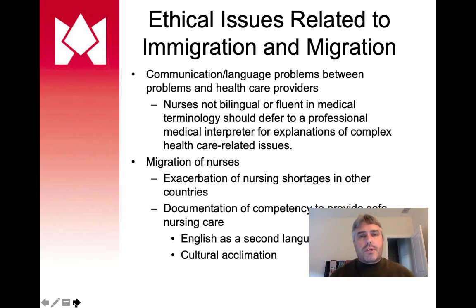Point here being this: maybe you've taken 7 years of Spanish, so you have a decent working knowledge of Spanish and communication, but there may be parts of taking that language where you haven't talked about medical terminology in another language where you can confidently and competently discuss procedures with your patients. In those cases, you really should have a professional medical interpreter to talk through and interpret for you.